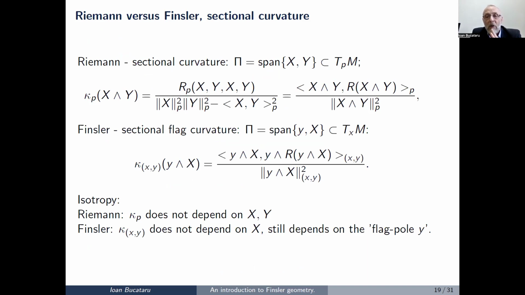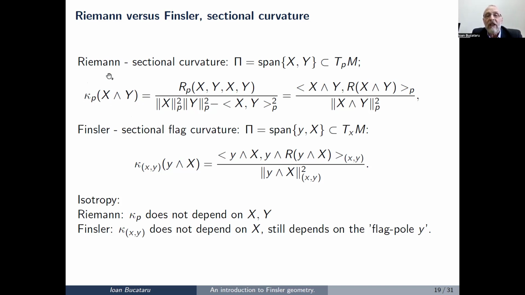Okay, I want to go to problems, how to extend problems from the Riemannian context to the Finslerian context. One problem is related to what is called in the Finslerian context the sectional flag curvature. In the Riemannian context, if you have a Riemannian metric, you can define the Levi-Civita connection, the curvature, and once you have the curvature, you can define the